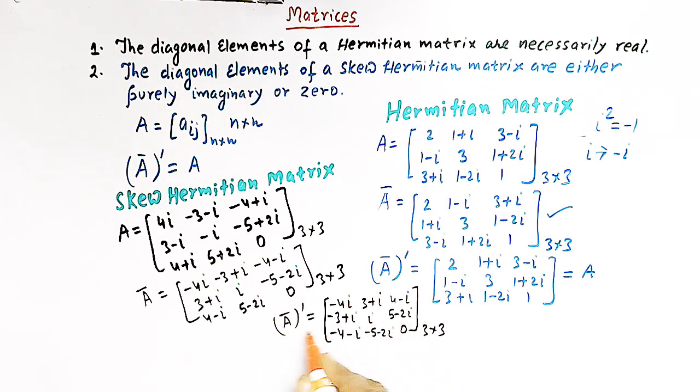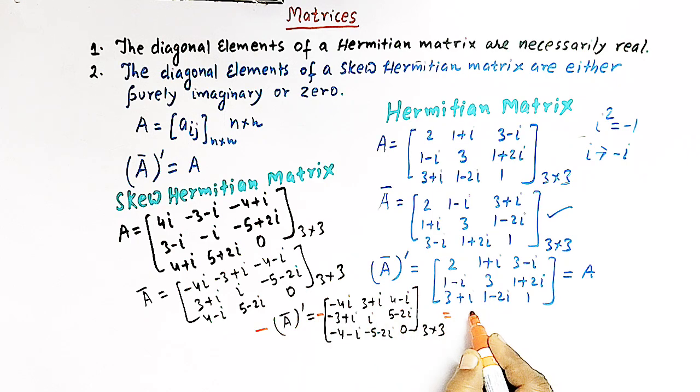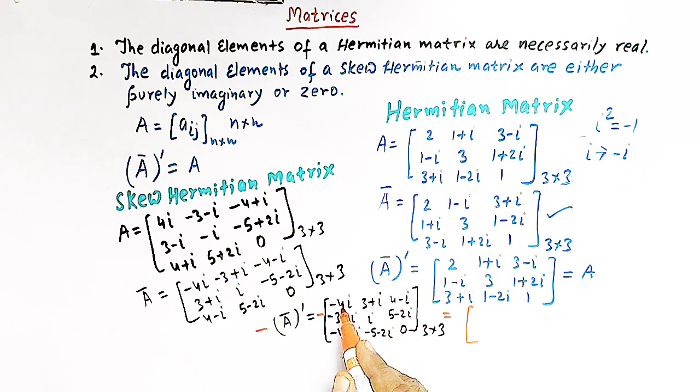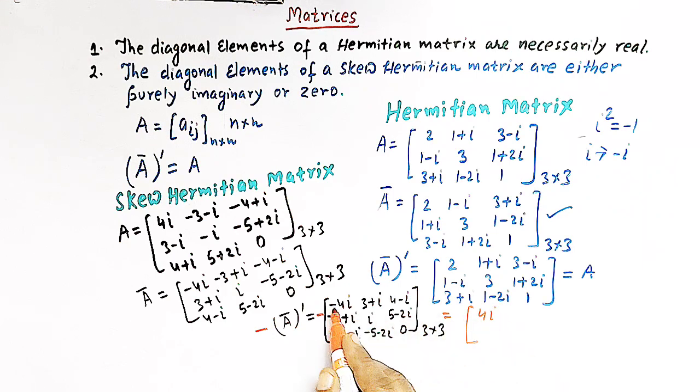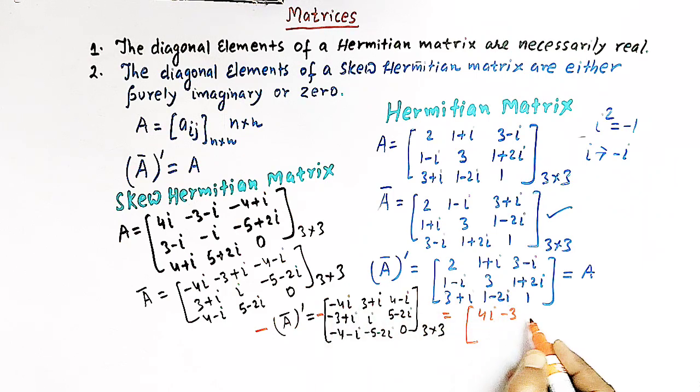So multiplying both sides by negative 1. Now when we multiply this matrix by negative 1, each element is multiplied by negative 1. So here we have 4i, that is plus 4i, then here we have minus 3 minus i,